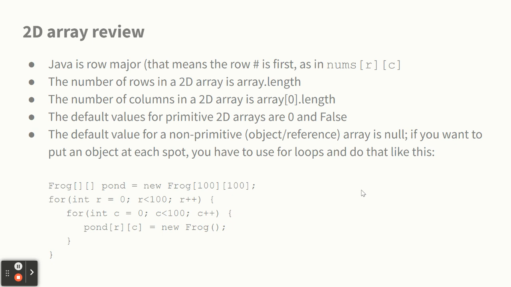And remember, if you want to put an object at each spot, you have to do it with a for loop or some kind of loop, or a whole lot of single lines putting things in each spot. But anyway, this makes a 10,000 frog 2D array. I just love you can do that in 4 lines of code, and it puts a frog at each spot. That was it. I just wanted to